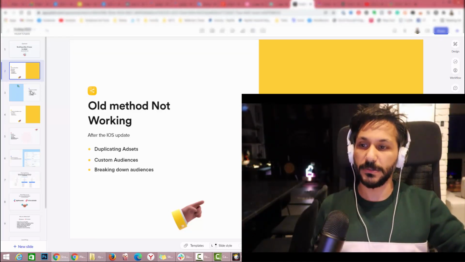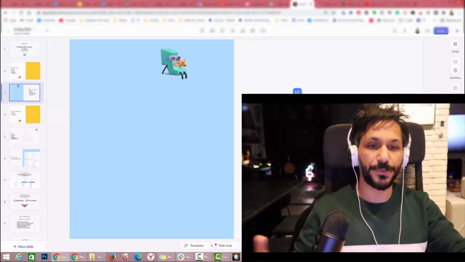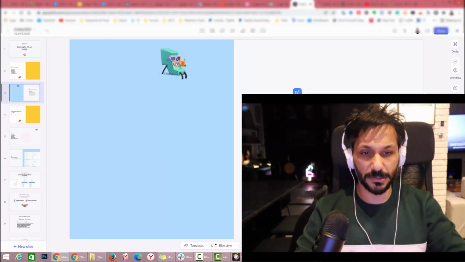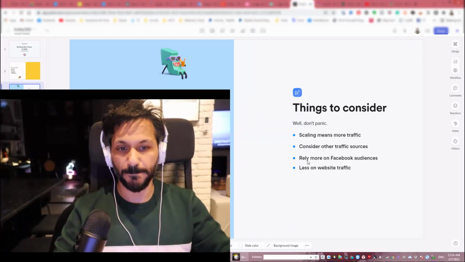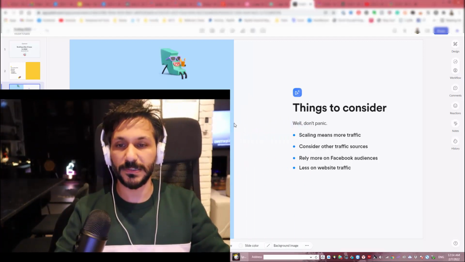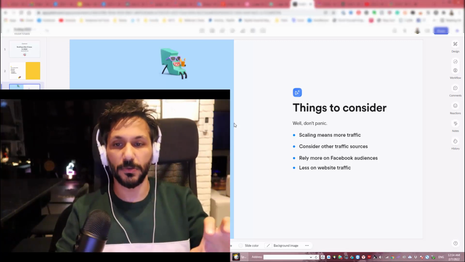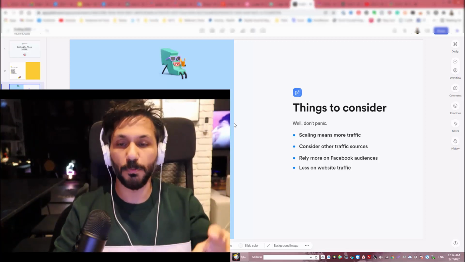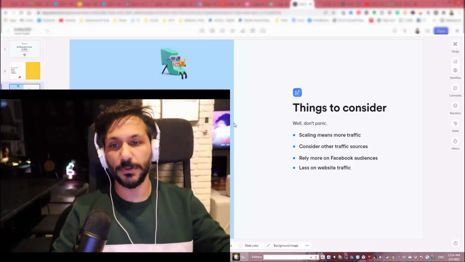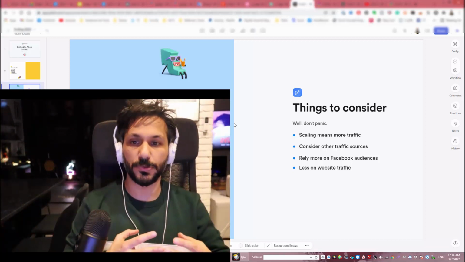Let's go back to the second one. So, things to consider. Well, don't panic. For every problem, there is a solution. And basically, scaling means more traffic. So it's literally what scaling means. If you want more traffic, more sales, you have to get more traffic. So you have to consider other traffic sources like Instagram,